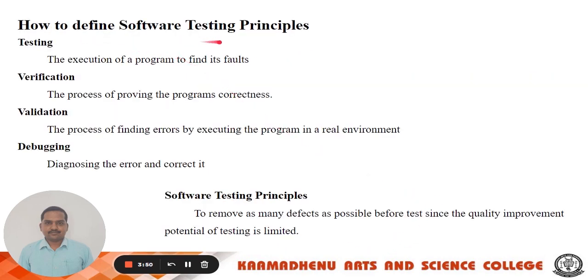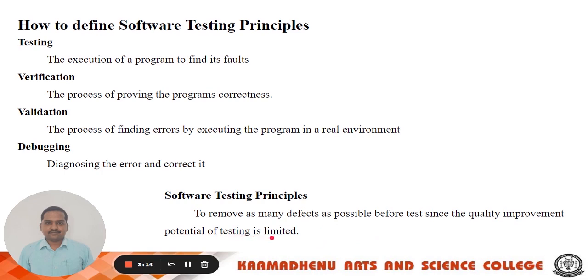So, how do we define software testing principles? Testing is the execution of a program to find its faults. Verification is the process of proving the program's correctness. Validation is the process of finding errors by executing the program in a real environment. Debugging is simply diagnosing the errors and correcting them. The software testing principle is to remove as many defects as possible before testing, since the quality improvement potential